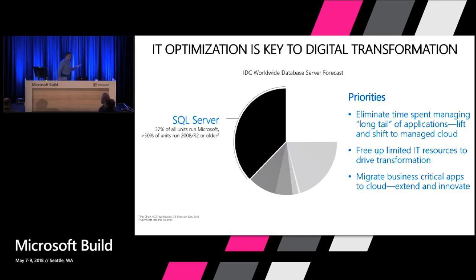First of all, they focus on the tail applications, tier 2, tier 3 applications, and they try to massively migrate them to the cloud, and that way they actually eliminate time spent on managing these applications, which will definitely free up resources in these companies and give them more time to focus strongly on business critical applications, to modernize them by moving in the cloud and extending there, right? So this is a kind of a playbook for many of these companies that we are working with.